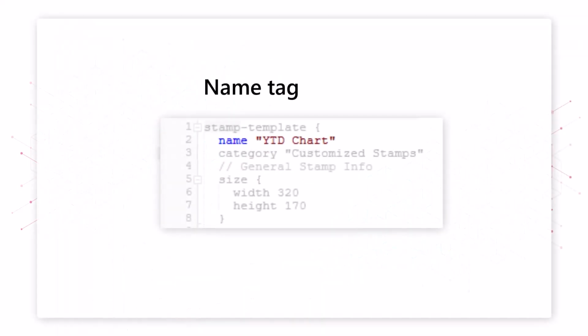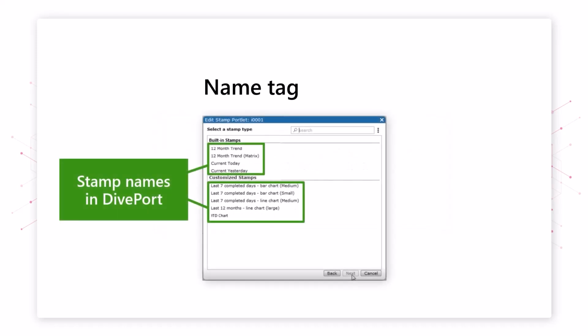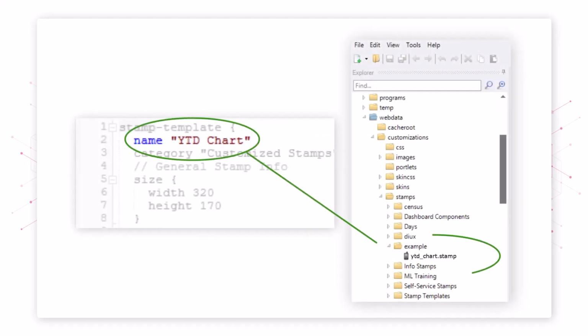The name tag specifies the name of the stamp. The name appears in DivePort when you're selecting a stamp to add to a dashboard. We recommend you choose a name that indicates what the stamp does or how it will be used. In addition, we recommend that the name match the stamp file name to make it easier to find the stamp